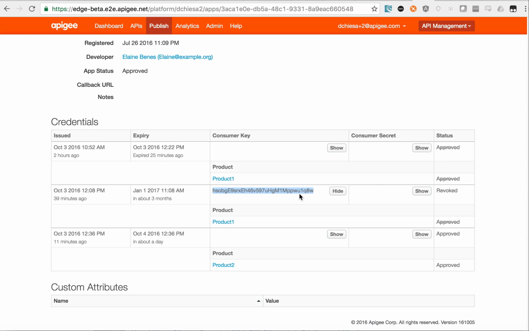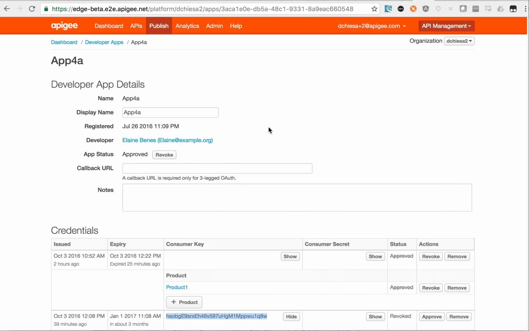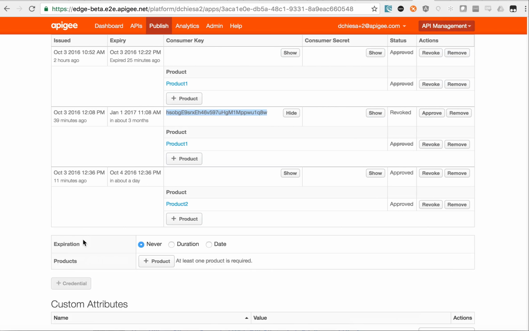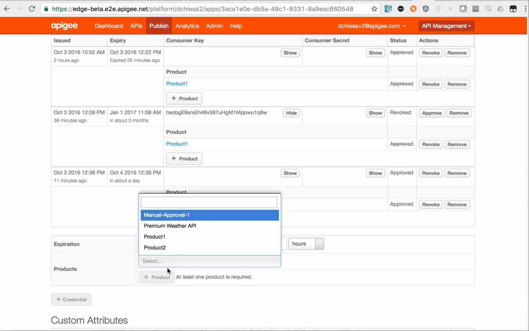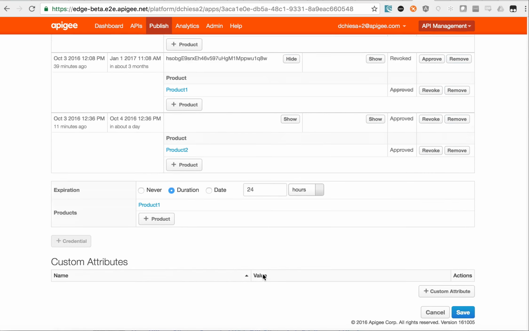How would you add a new credential? Well, let's have a look at that. Again, in the edit panel, there's now a new motion that allows you to add a credential, and you can set the expiry of that credential. So you can set it to be never. You can set it to be a duration of, let's say, 90 days or 10 weeks or maybe 24 hours if you want to go as short as that. You do have to add an API product and then just click save, and what you'll get is a new